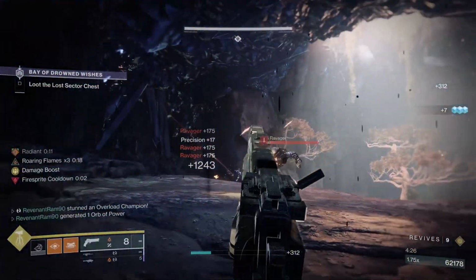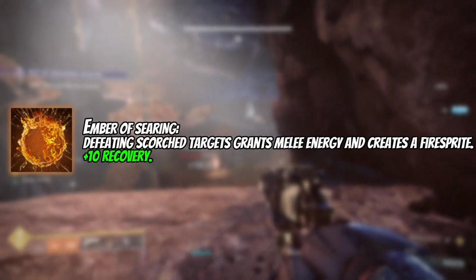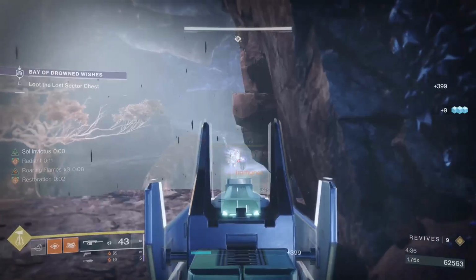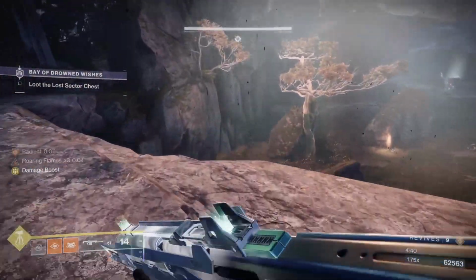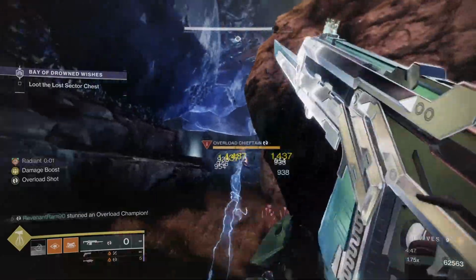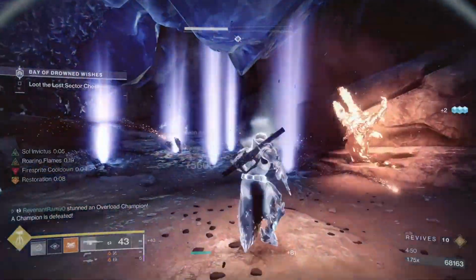To help make these fire sprites, we're also going to take Ember of Searing. Defeating a scorched target grants melee energy and creates a fire sprite with a +10 to our recovery. The melee energy we get from this fragment is super helpful in this build, especially in combination with Monte Carlo, almost guaranteeing that we're gonna have our hammer strike when we need it. Plus, this fire sprite is helpful as it's gonna start restoration, and fire sprites actually give us grenade energy back,